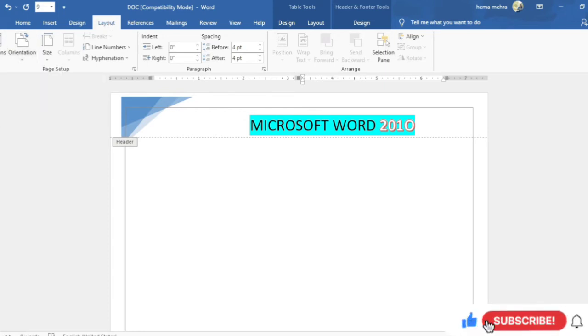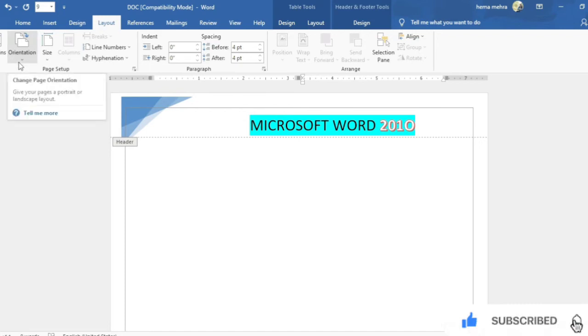Page orientation means to give your page a portrait or a landscape layout. Most of the time when we create a document in a formal manner, we use the portrait way, and landscape is rarely used, for documents which contain many titles and much information which require a landscape setup.